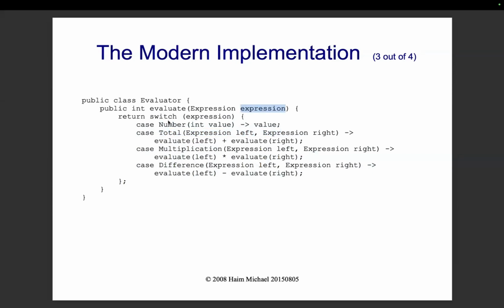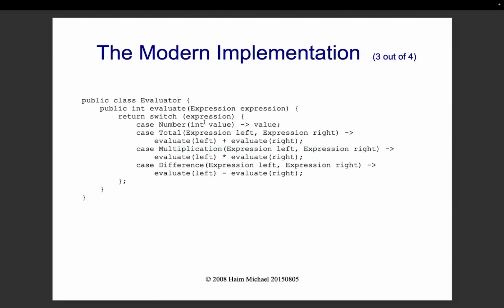So if it is an expression of the type number, then this is the case that will take place. If it is an object of the type total, then this is the case that will take place. If it is an object of the type multiplication, this is the case that will take place, and so on. And given that the type expression can be implemented only by the classes number, total, multiplication, and difference, because we defined expression as a sealed type, then over here, in this switch case, we actually cover all